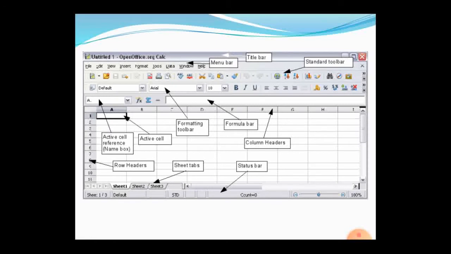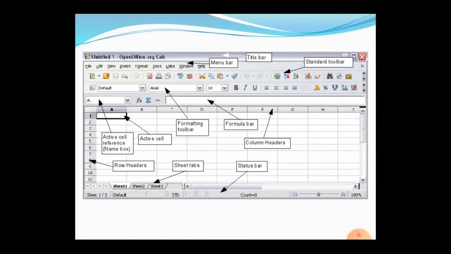See, this is a Calc window page. As we saw in the document page, this one is the title bar, which shows the title of your document or your worksheet.